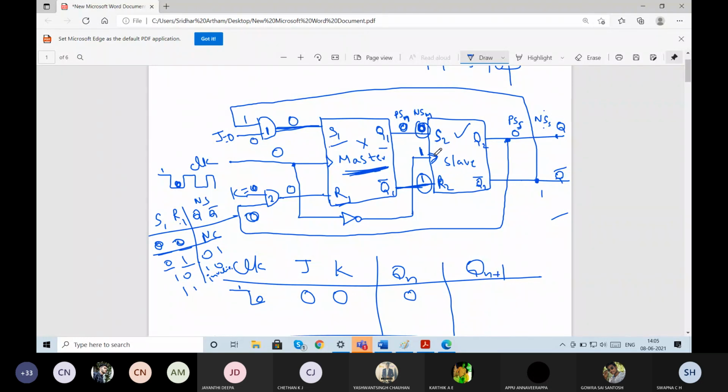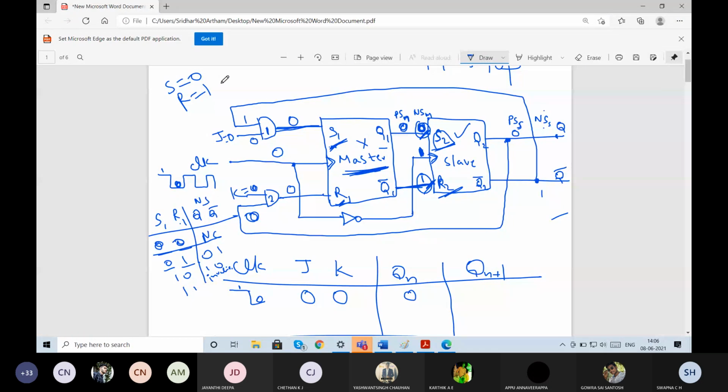Now the slave has become active because it has got input as 1, right? Since the slave clock input is 1, it will check for S and R values. Here I had clock value as 0, so it was not checking S1 and R1 values. But now the slave got clock value as 1, so it will check its input. The inputs are 0 and 1, so S2 is 0 and R2 is 1. You know that S means set. Set is equal to 0 and reset is equal to 1.